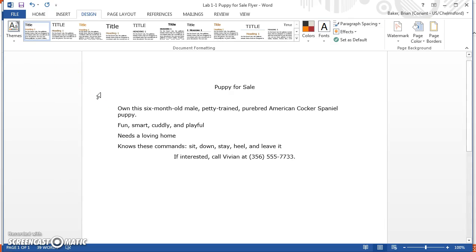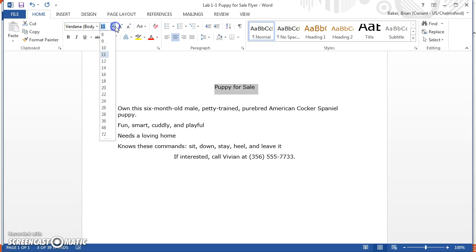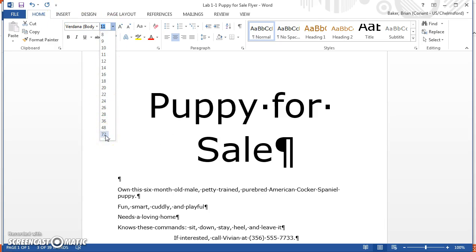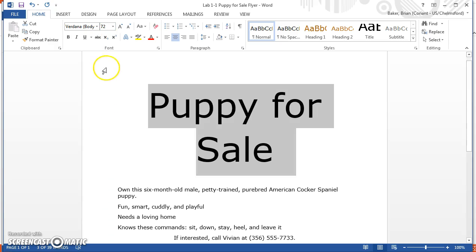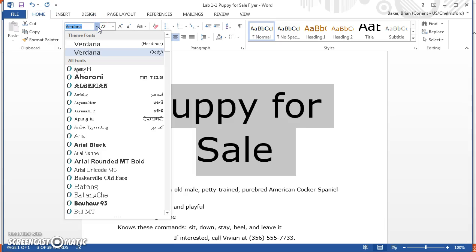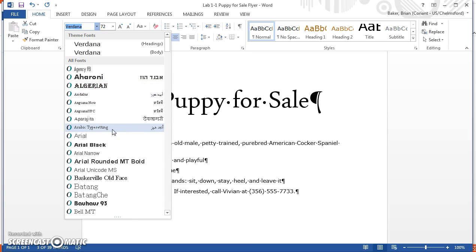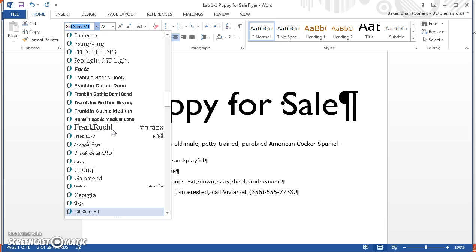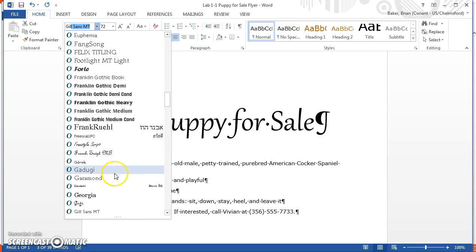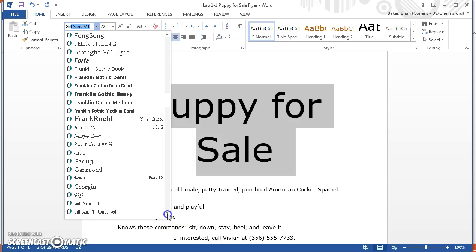Number 6 asks you to change the font size of the headline to 72, and that's back on my Home tab. So I can choose from the drop-down 72, and that's going to put that puppy for sale onto 2 lines. But what happens is it also asks us to change the type of font, and the type of font we're going to choose is going to make it still appear on 1 line. It asks you to choose Gill Sans Ultra Bold. If you start to type up in the font name, it should try to match what you type, and that way it allows you to see